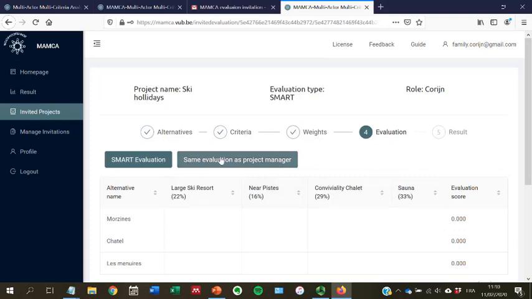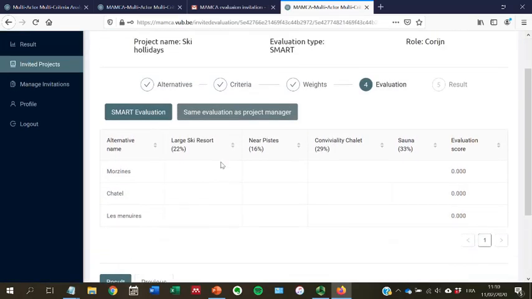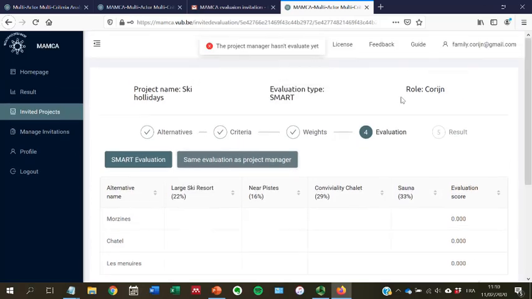So here you could click on this button, same evaluation as project manager. Yeah, and here then we have a small bug that I will check later in the video. But normally you click here and you get the